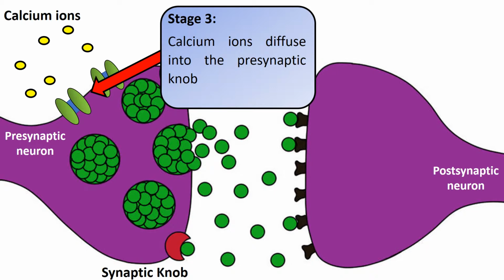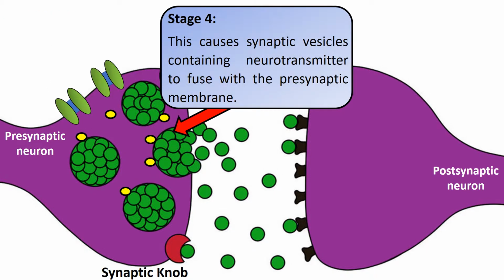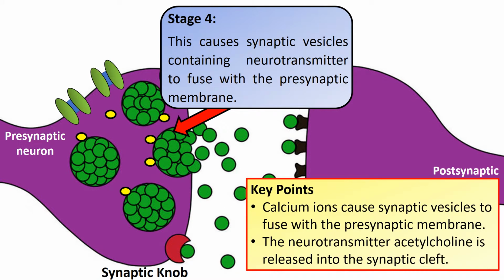So, as I previously stated, the calcium ions diffuse down a concentration gradient into the presynaptic neuron. They then bind with vesicles containing neurotransmitter. This causes these vesicles to fuse with the presynaptic membrane. Some key points that we need to talk about at this stage is that the calcium ions,